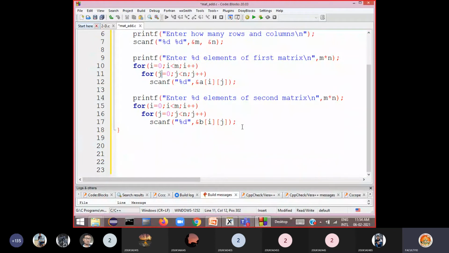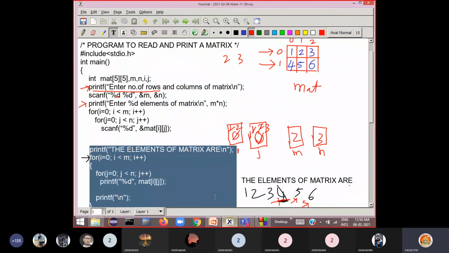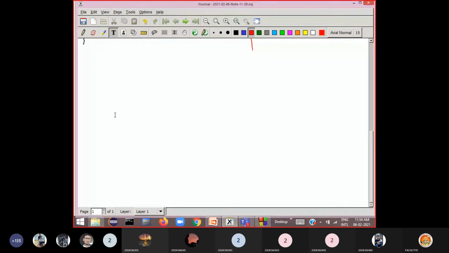Now you need to perform addition of these two matrices. You know the logic for addition of two matrices. How do we perform it?